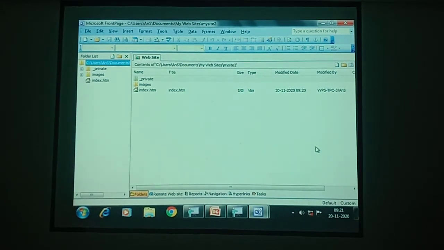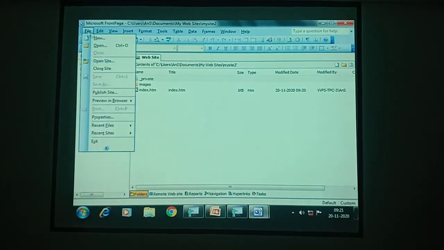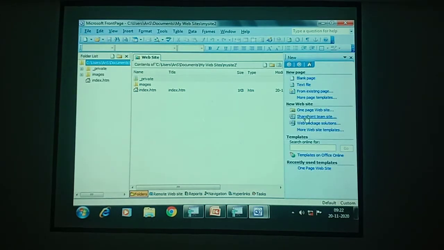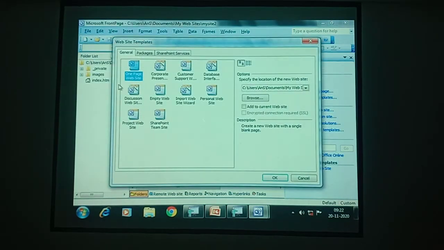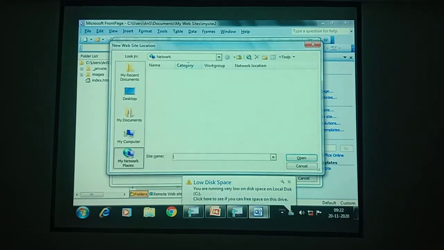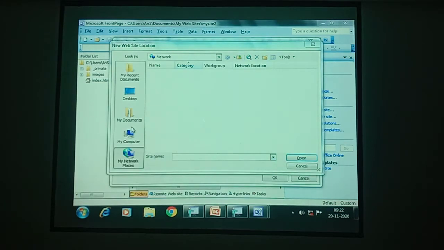Again, I am going to repeat it children. Take page number 56, follow all the steps. If you want to create a website or a web page, click file, click new, click one page website, again click one page website and click browse. So exactly where you need to save your file, you can choose any desired place. I am just choosing the desktop. I am going to give a name, my page. I am just giving open.